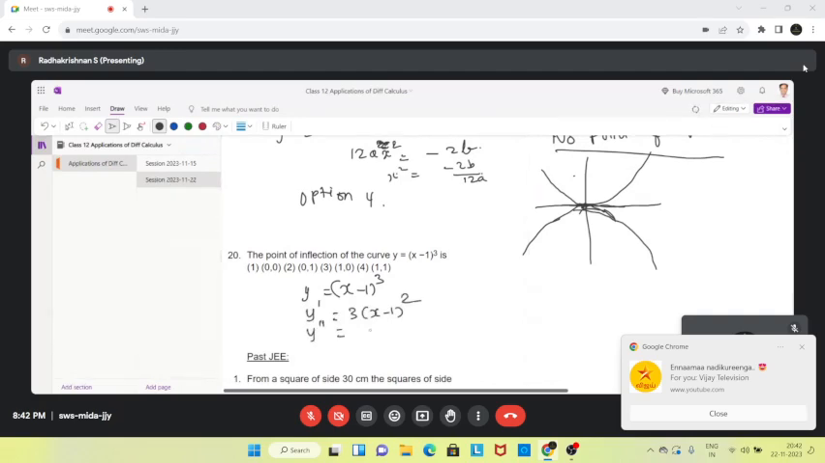That is going to be your point of view. Equate the second derivative to 0 when x equal to